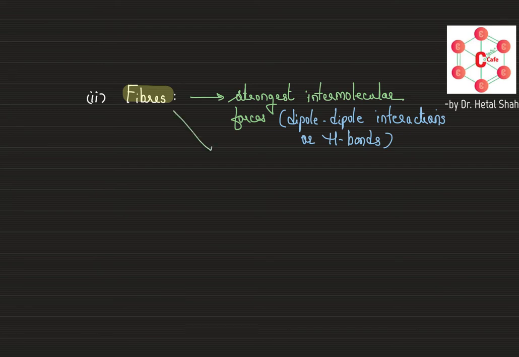The second property in this category is that fibers have very high tensile strength. They are very strong. High tensile strength, high melting point,